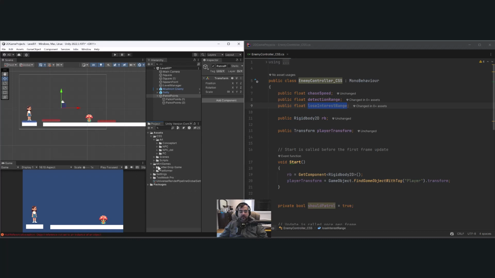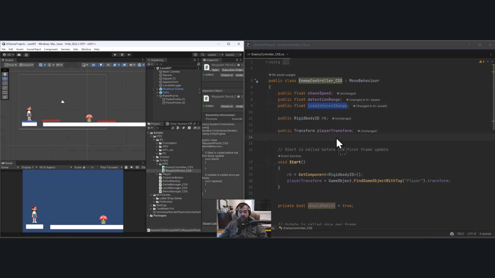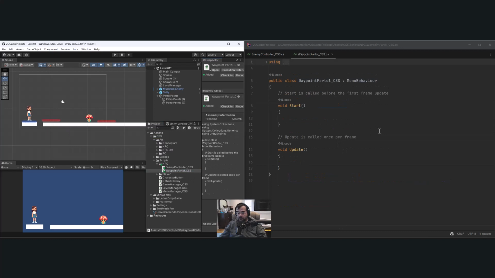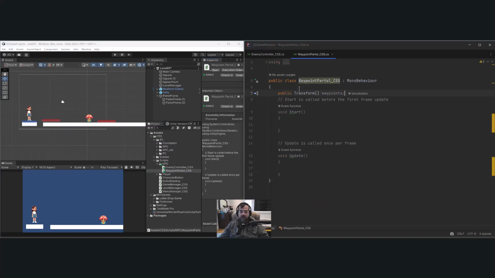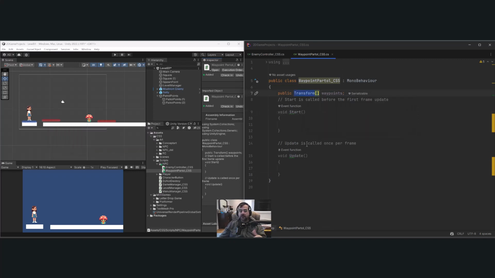So let's go to our scripts here. And under NPC, I'm going to right click. I'm going to create another C# script. And I'm just going to call that Waypoint Patrol CSS. And let's open that up in here. So the first thing I need is an array to store all of the positions or the transforms of those